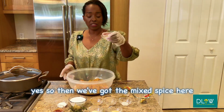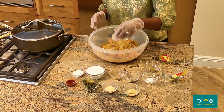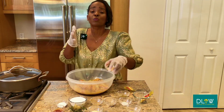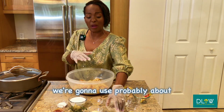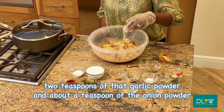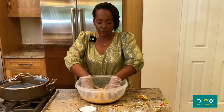So then we've got the mixed spice here. This does have a little bit of salt in it, and that's why I won't add as much salt, but we put that mixed spice. And I know to some people this seems like a lot of seasoning, but it's really important to use seasonings. It's so important. Garlic powder, we're gonna use probably about 2 teaspoons, and about a teaspoon of the onion powder. All right, so those are our main seasonings that we're gonna put in,